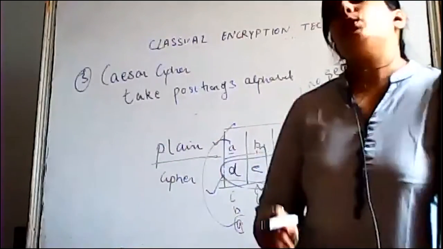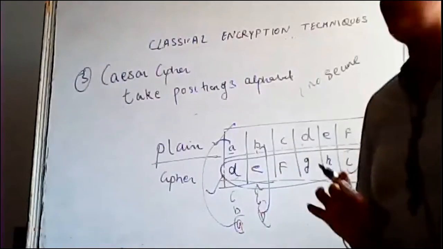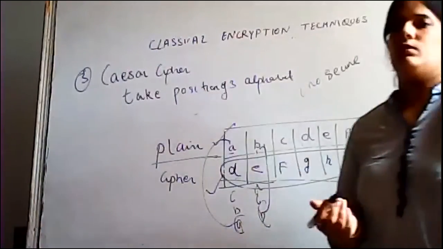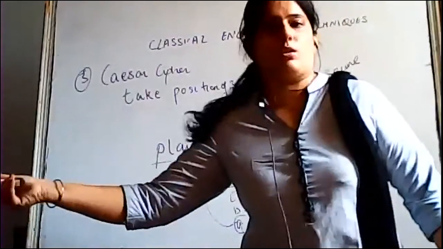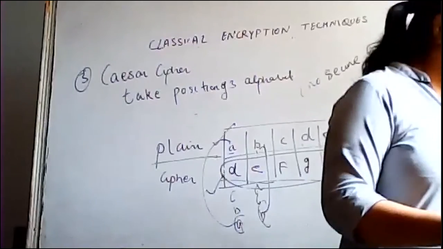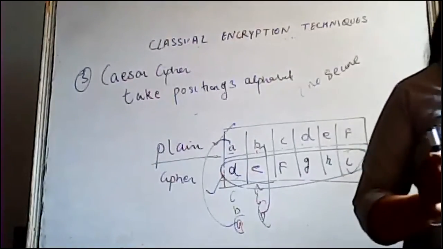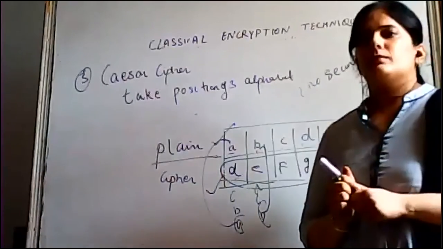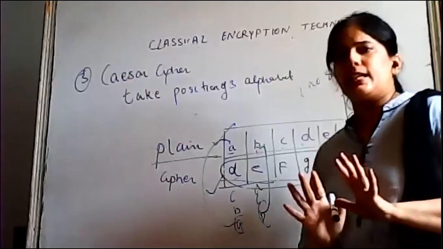So every time when we talk about encryption, we take two things simultaneously. One is the encryption and one is the decryption also. If we know how to encrypt, we must understand how we can decrypt also. This is a way by which we can encrypt using the Caesar cipher. Is it fine? We have completed 3 techniques till now.